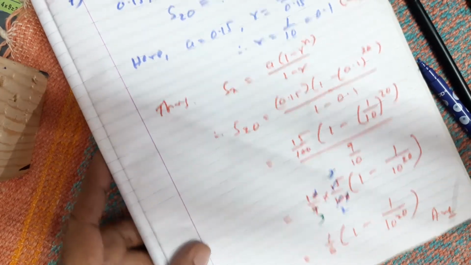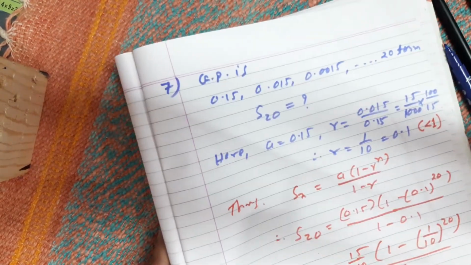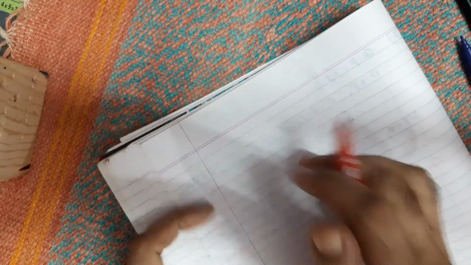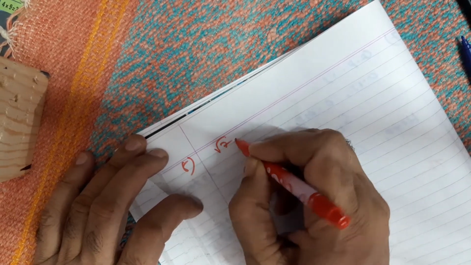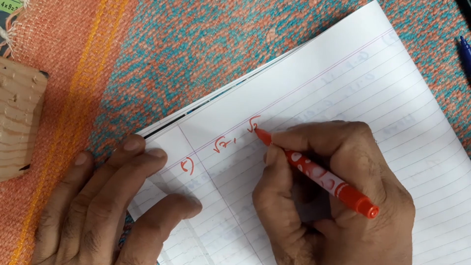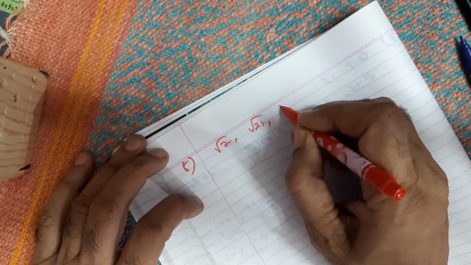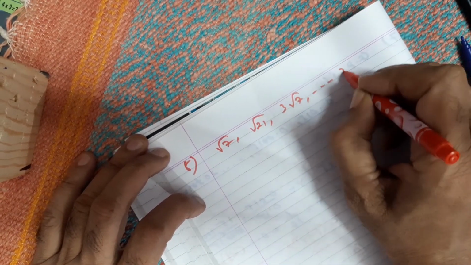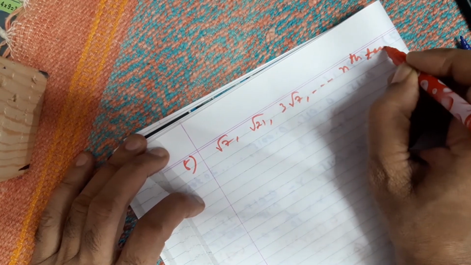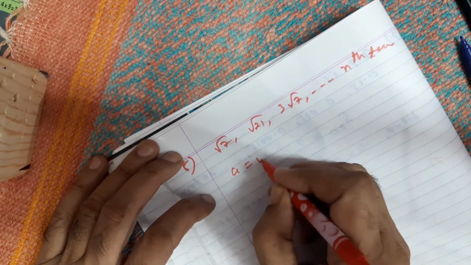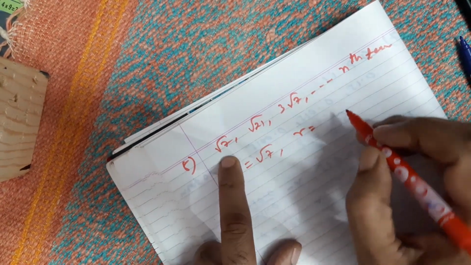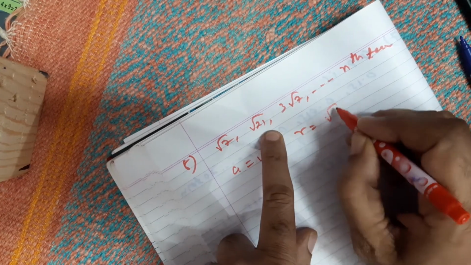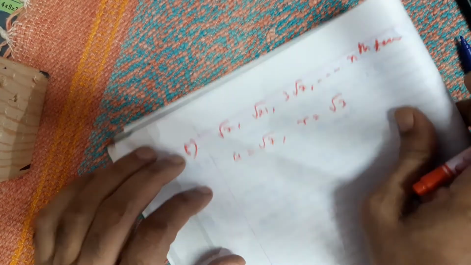That's all. Okay. Right. Now I take one more sum, that is for the nth term. That is sum number 8. In sum number 8 you are asked the nth term. So root 7, root 21, 3 root 7 and so on, this is the given GP. How many terms addition you want to find out? Nth term. Okay. So here A is equal to root 7, R is equal to second term upon first term, so 7 3s are 21, so root 3 comes. You can write it directly as I said.